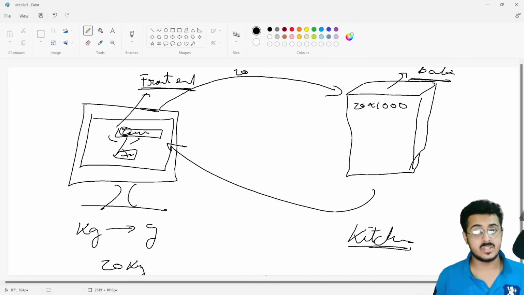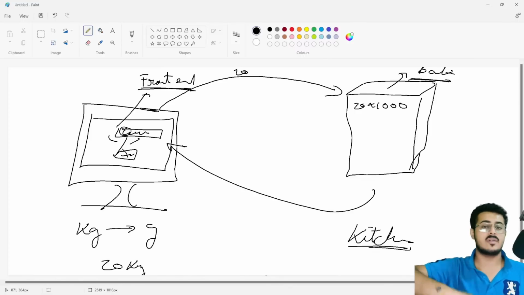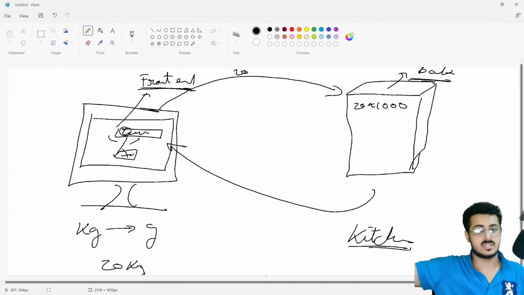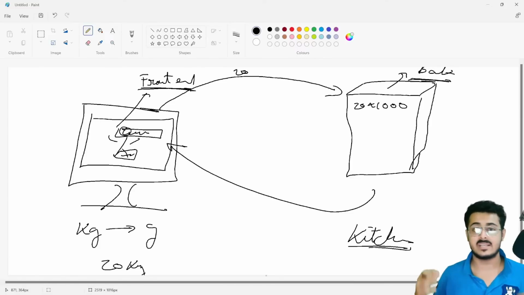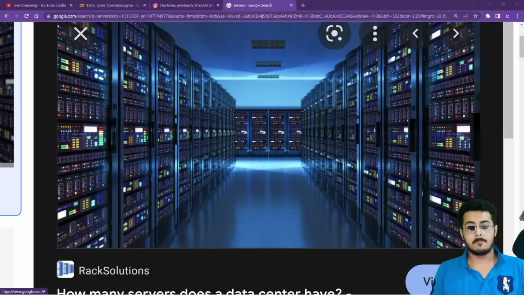Similarly for animations, if you wanted to show any animation on your website, it wasn't possible, because every time you would have to send the images to the backend, where they would be processed and sent back to the front end, and it just took a lot of time to load the websites.